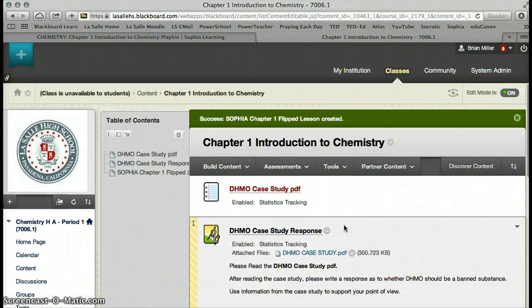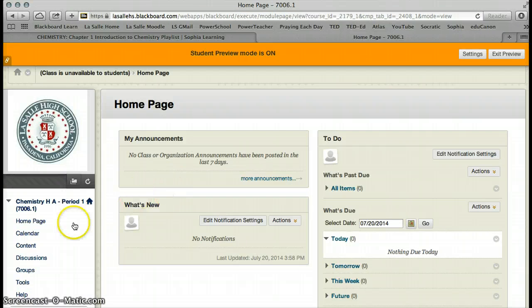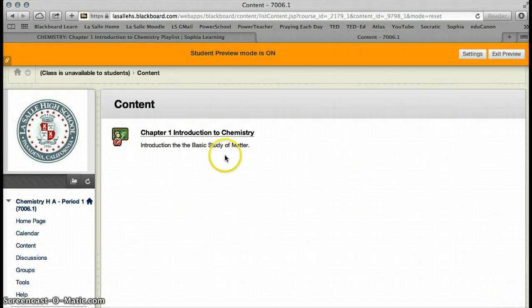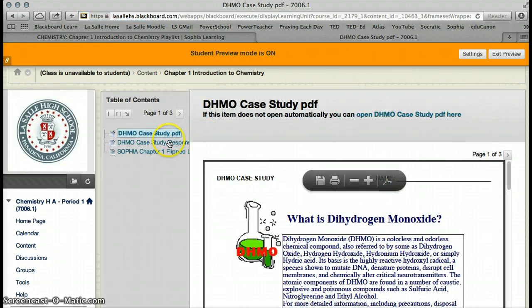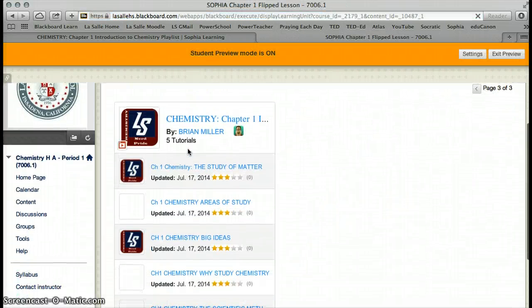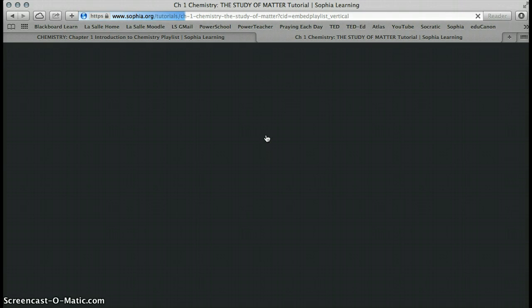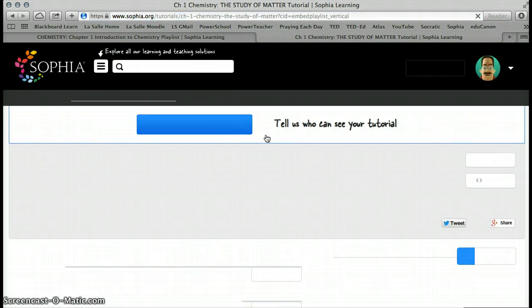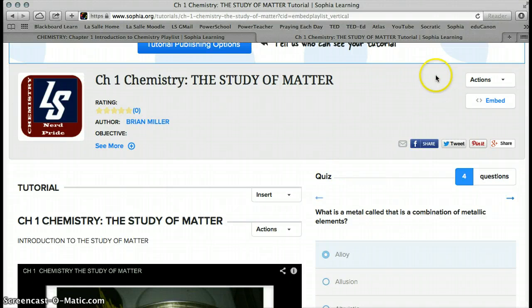So what I'm going to do is I'm going to go to the student view, and in looking at the student view, we'll be able to see what they'll see. And when we go to that, here's the learning module that they see. They'll go ahead and open that up, and they get the DHMO PDF that we added before. There's the case study assignment that we looked at before, and here's the Sophia learning module. And when they open that up, they actually get the module, and from any of these they can click, and that will take them to Sophia so that they can view the video and do the quiz. So that is how to add HTML to your